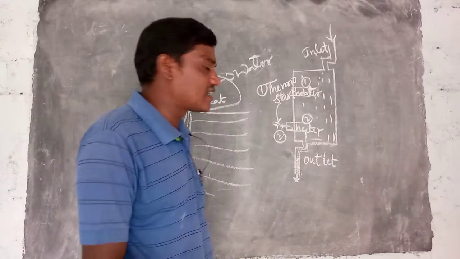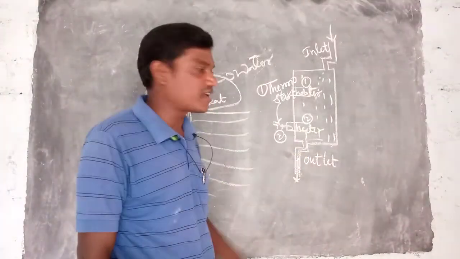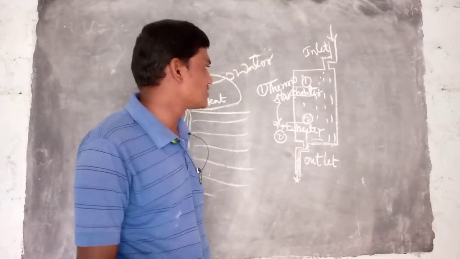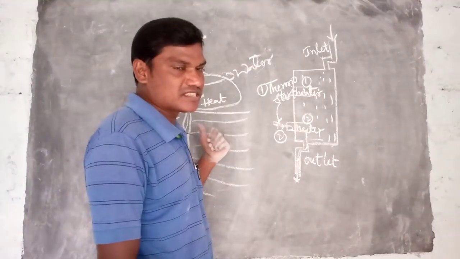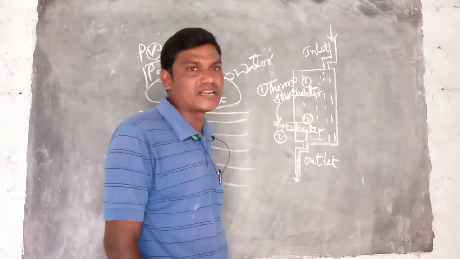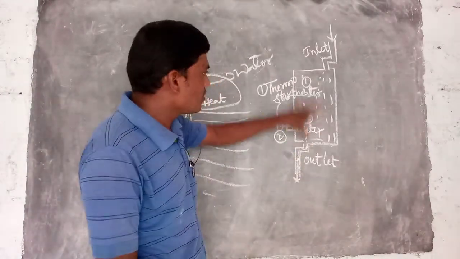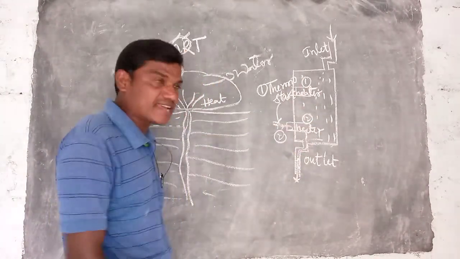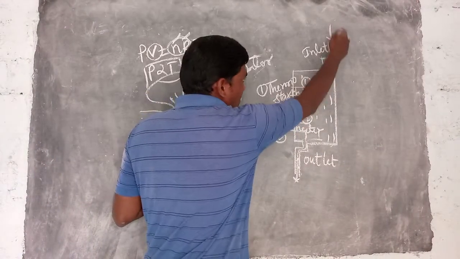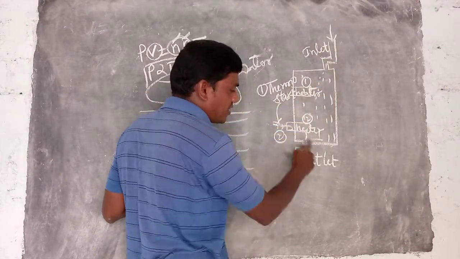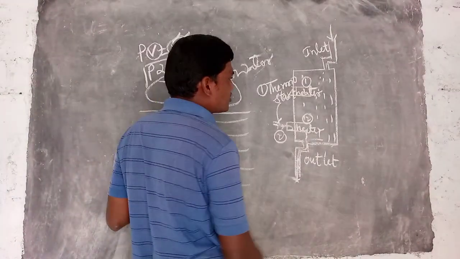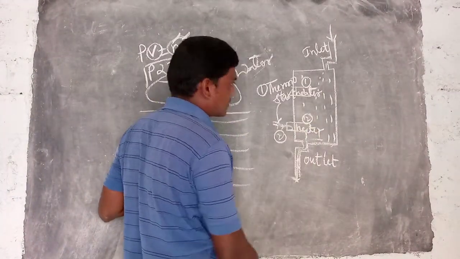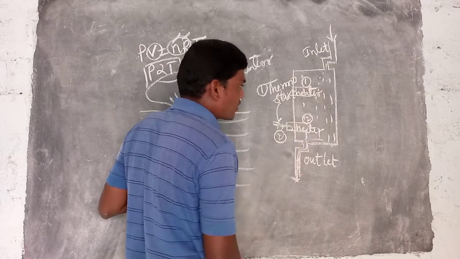But in the case of the electrical geyser, there are similarities but also some differences. Here it is not natural, it is man-made. This is a rough diagram of an electrical geyser. This is the inlet, where cool water enters. This is the outlet, where hot water comes outside through the tap. In this one we are using two heaters, heater 1 and heater 2.